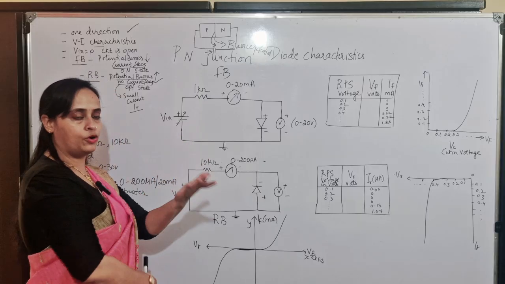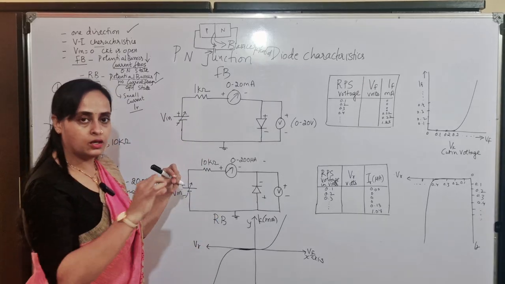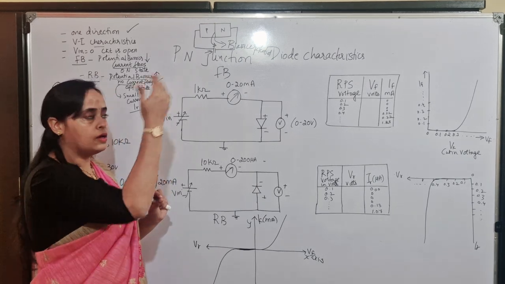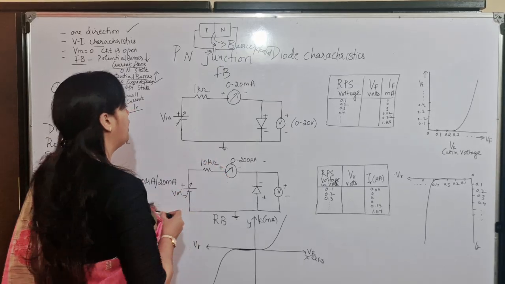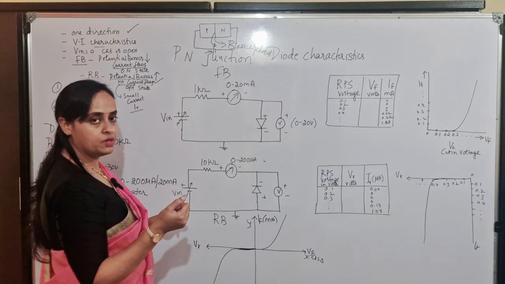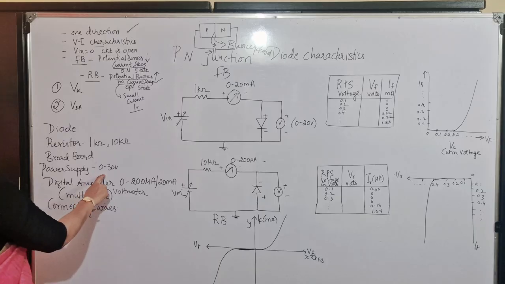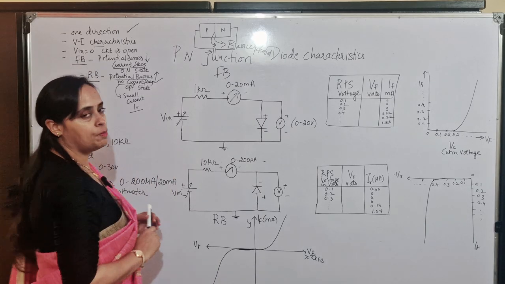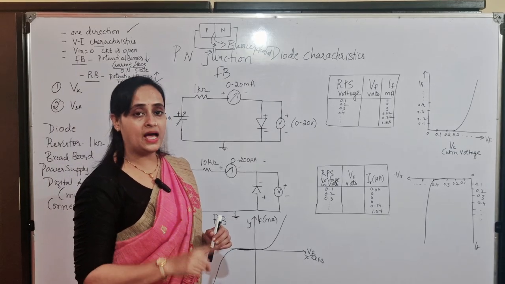Simple. Whatever the breadboard you will have, you know that breadboard connections. What is the ground? The extreme down present rows are considered as ground and up can be considered as VCC. So you need a ground point on the breadboard, and that external RPS, whatever voltage we will be using, there is external voltage in terms of power supply, which can be used to vary the voltage from 0 to 30 volts. So power supply means there will be two knobs, one is positive and negative. So preferably black is always ground.